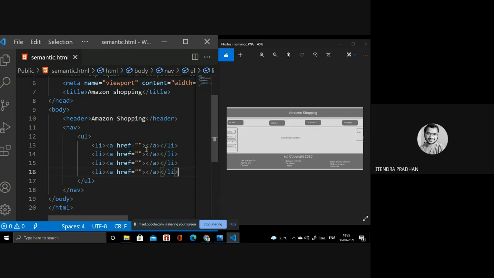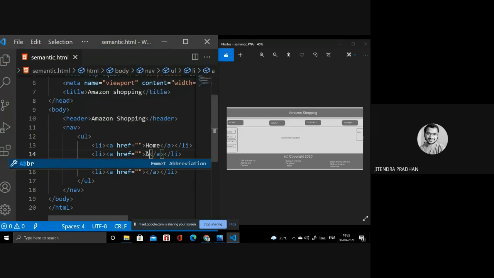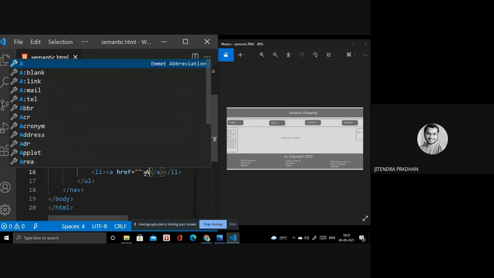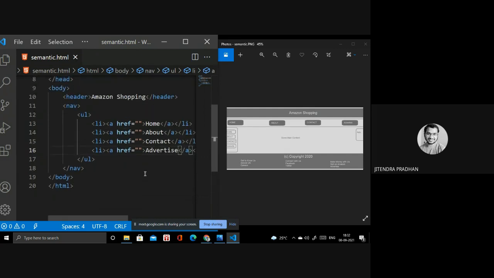The first one is home, with a hash link. Next is about, then contact, and next is advertise. Okay, done. We have done the header part and navigation part.